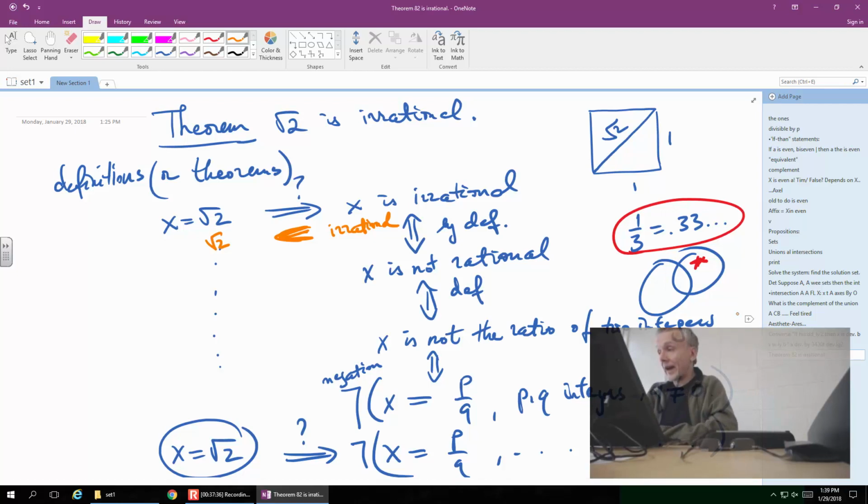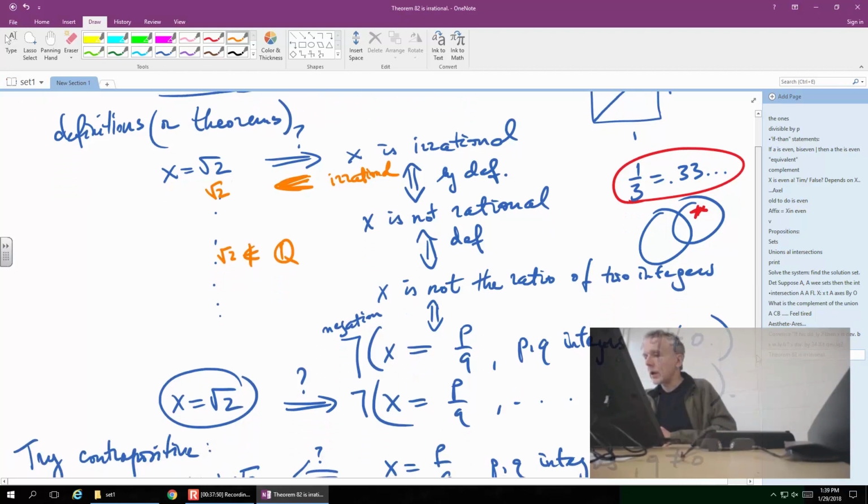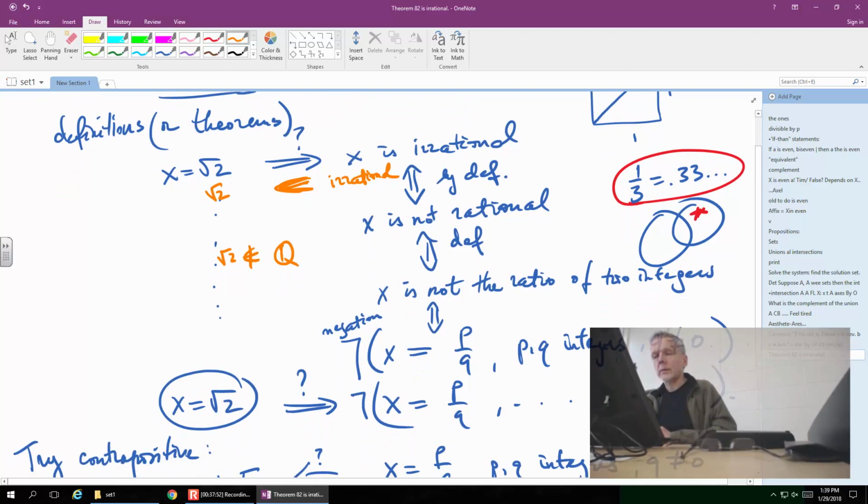Square root of 2 is not rational. Square root of 2 does not belong to Q, are you familiar with this notation, Q for rational numbers? So square root of 2 does not belong to the rational numbers. That's another way to state what we want to prove. Okay, but now the contrapositive